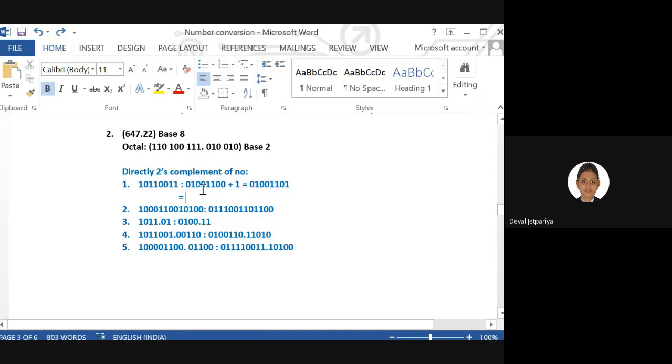Let me solve it out here. See, what is the first value? First value is 1. So as per our instruction, the first one we need to write down as it is. Even suppose here it is 0, 0, then that 0, 0 we also need to write down as it is. We are only concerned about this first one. After that, whatever is the pending value, we need to write down as a one's complement.